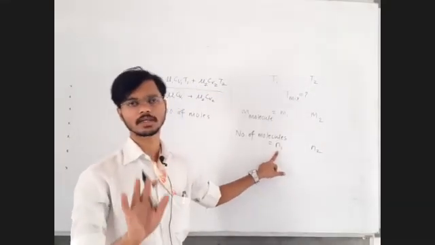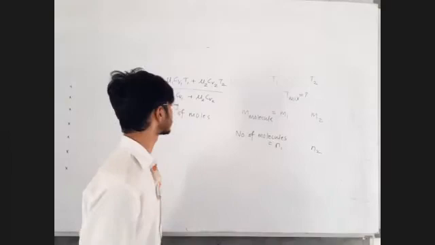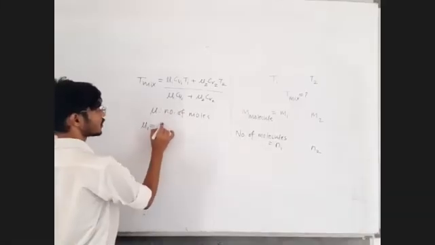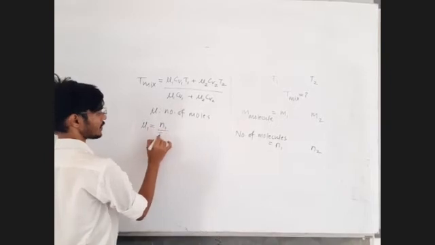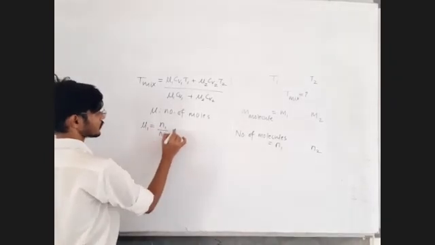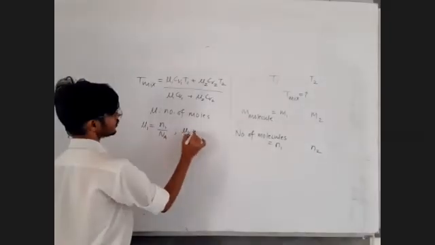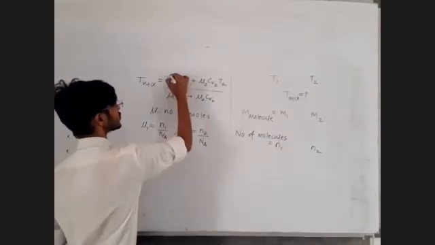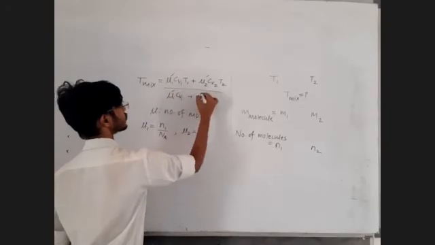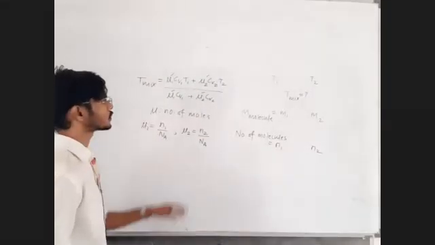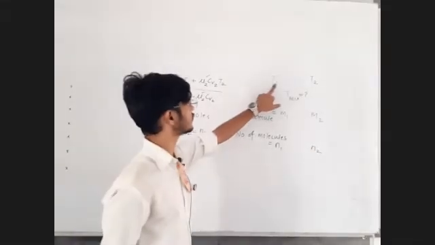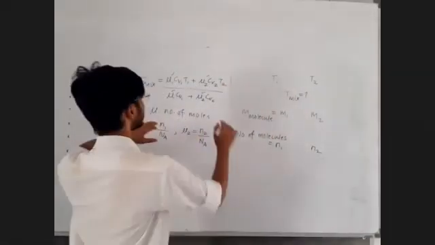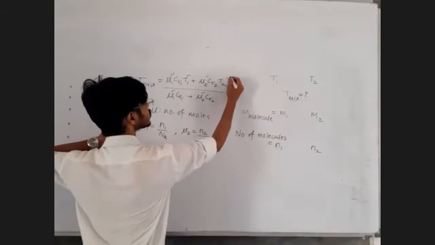Now sir, we are given number of molecules. If we are given number of molecules, we can find number of moles. So first thing is how to find mu1. Mu1 is number of molecules divided by Avogadro's number. Similarly, mu2 is number of molecules divided by Avogadro number. So sir, this mu1 and mu2 can be found out. Sir, this T1 we are already given as T1. This T2 we are already given as T2. So T1 is to be put as T1, T2 is to be put as T2.